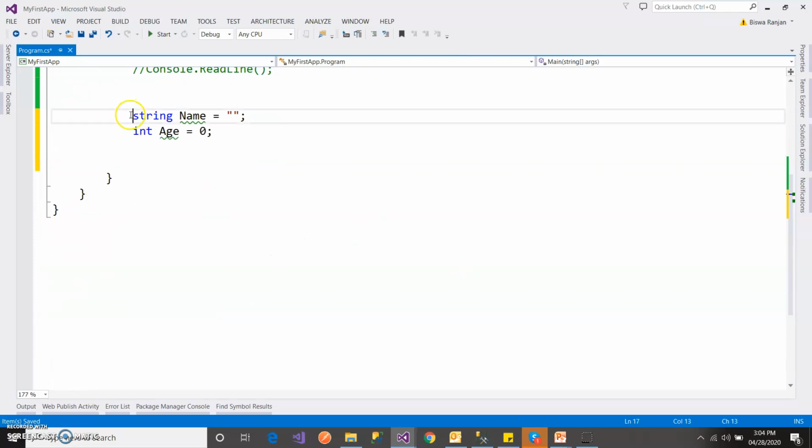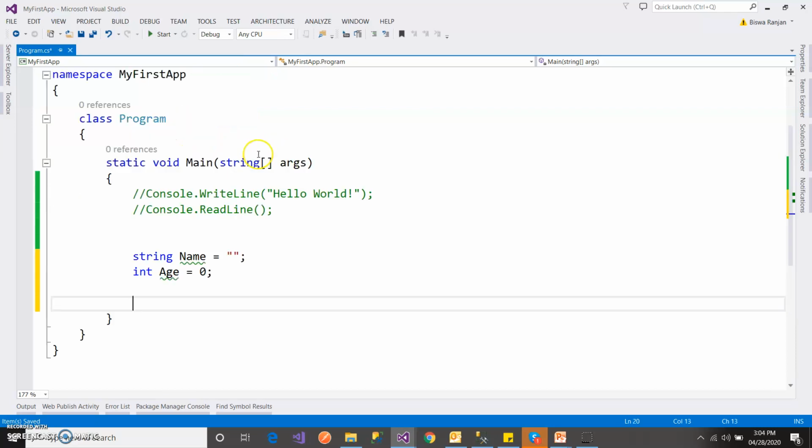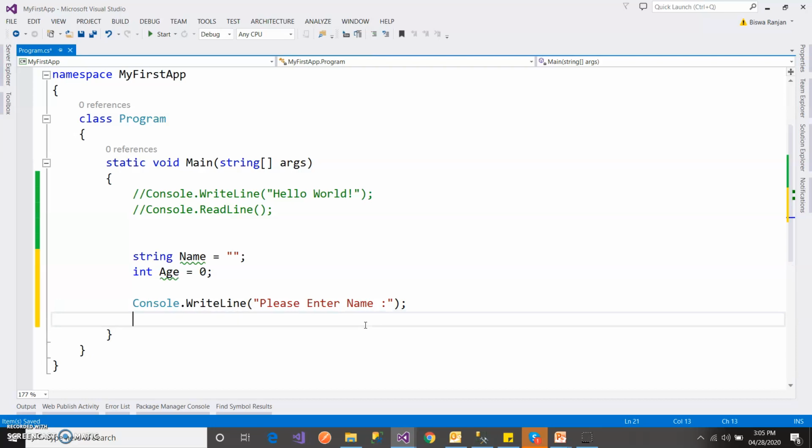Declaration of variables in C# is the same as C++ and Java. So I'm printing here enter name. Then I will store this input inside the name variable using Console.ReadLine.